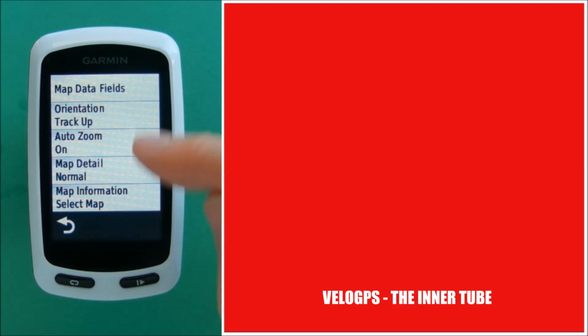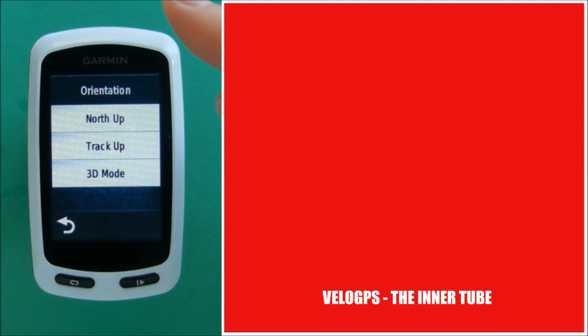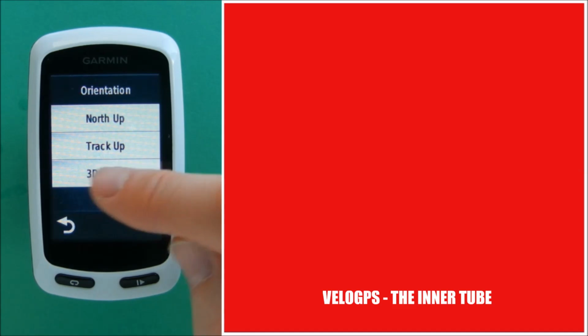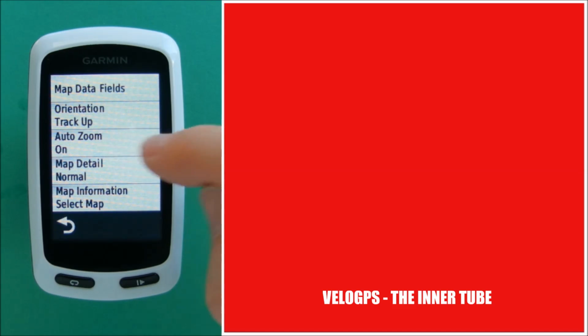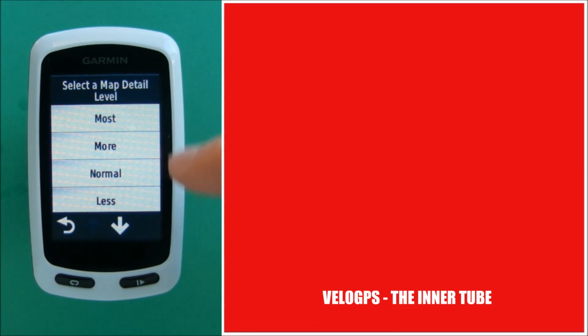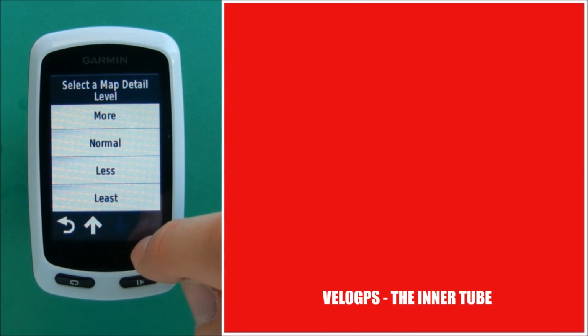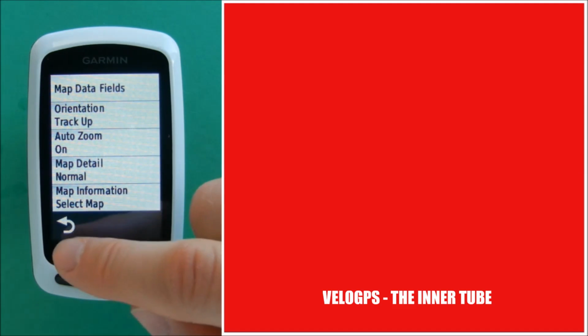then the options that remain on the mapping page are orientation, which is just whether you have the track facing up, north up, or whether you want to operate in 3D mode. You can also choose to turn auto zoom on or off, or set the level of detail that's displayed. Now we've got normal at the moment, but you can increase that to more, most, or decrease it to less or least. So once you're happy with the options that you've set up on the mapping pages, we can go